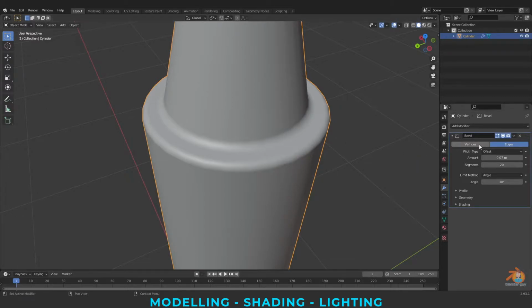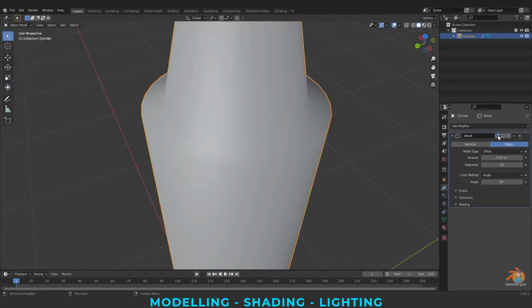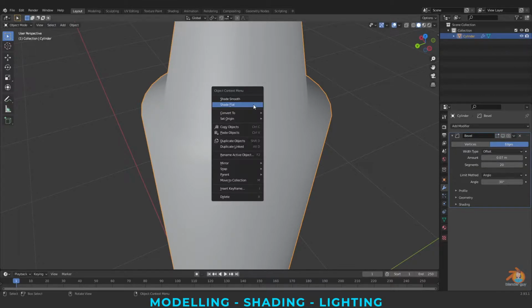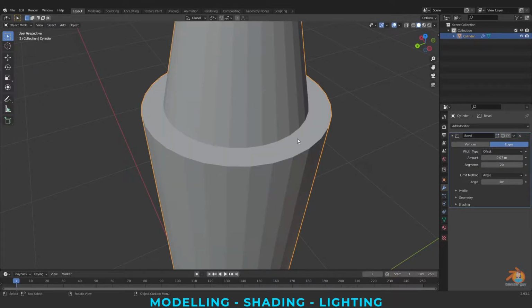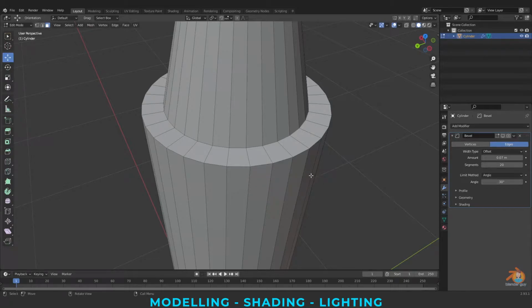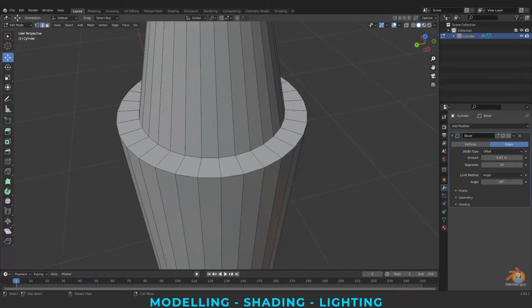So I'm just switching off the bevel and going to flat shade and pressing Tab again, which is edit mode, and selecting the edge now. So this is for selecting the edge. To select this edge, I'm pressing Alt and clicking on the edge, and now I'm scaling this.